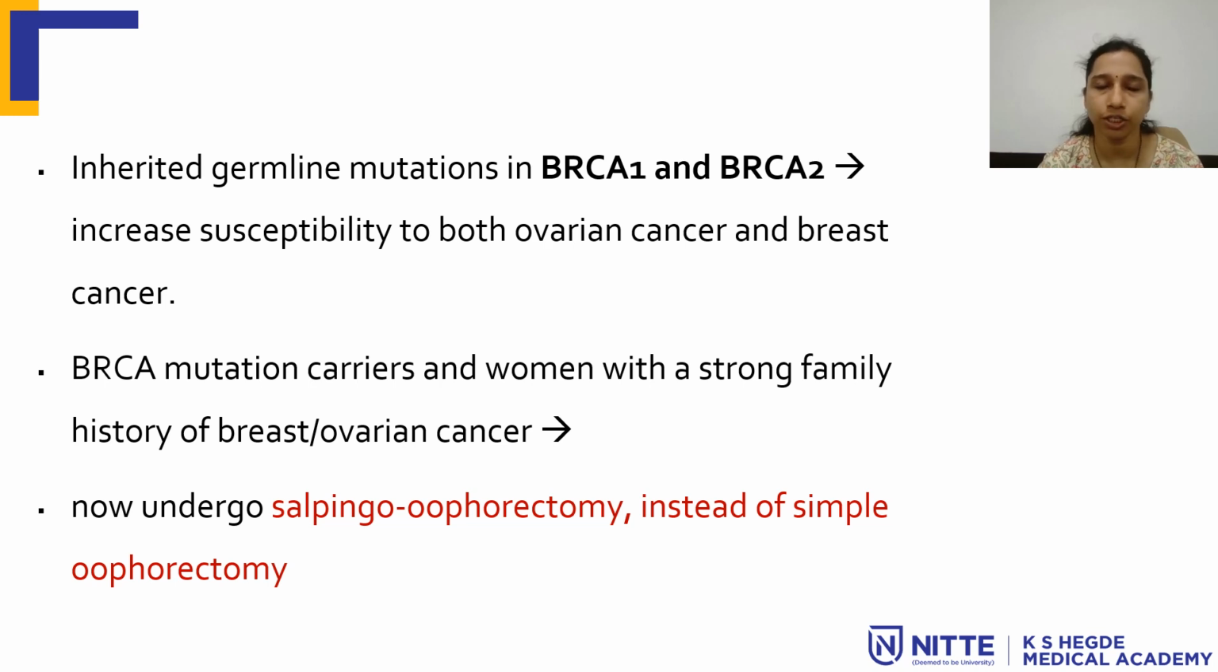So inherited germ cell mutation in BRCA1 and BRCA2 has increased susceptibility for both ovarian cancer and breast cancer. So whoever has a family history of BRCA mutation should now undergo preventive surgery, that is salpingo-oophorectomy. Before, the preferred surgery was simple oophorectomy, but as we know, based on the pathogenesis, the main source for these serous tumors or any epithelial tumors is the fallopian tube epithelium. So it is always indicated to undergo salpingo-oophorectomy rather than simple oophorectomy as a preventive procedure whenever there is